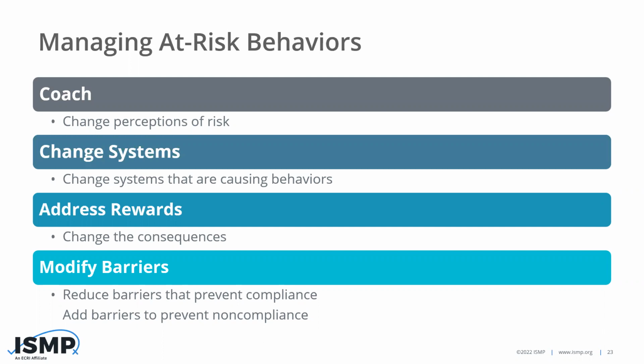But here's the bigger problem for the managers and leaders on the phone. What happens if half the nurses on a unit are doing this at-risk behavior? Half the pharmacy techs in a pharmacy are doing this behavior. You can sit there and coach all those technicians all you want. There's clearly a system problem that's letting people do these workarounds or at-risk behaviors. And it's probably tacitly accepted by leadership.